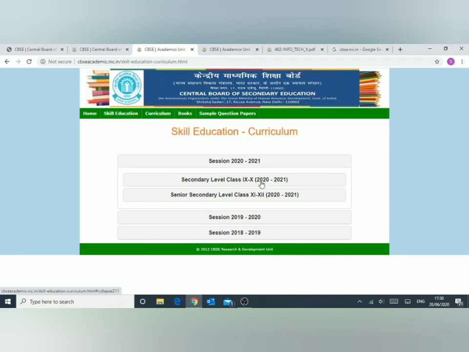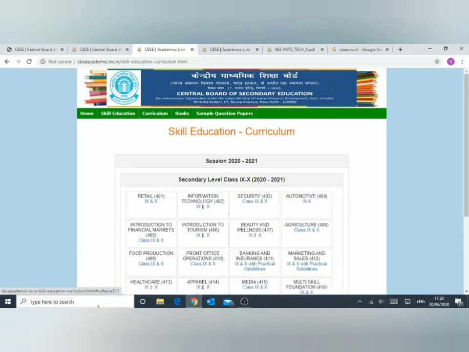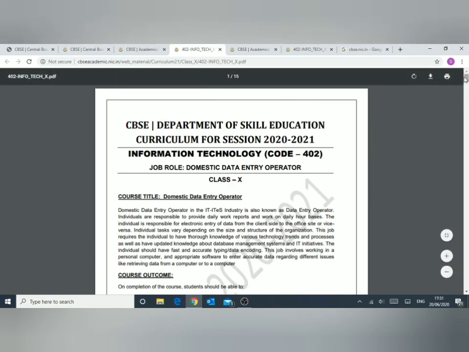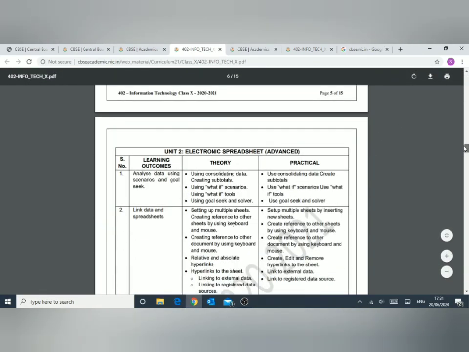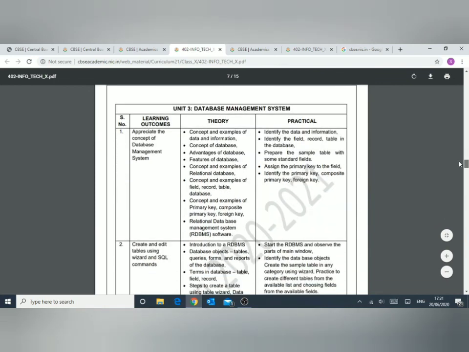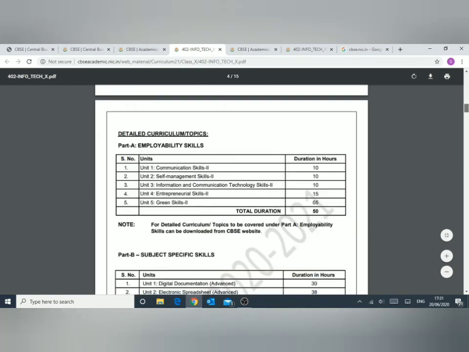Once you click on this curriculum, you will get another window which opens like this, and under this, can you see this Information Technology 402 9th and 10th. When you click on the 9th standard, you will get a PDF which contains all the 9th standard syllabus. When you click on 10th standard, you will get the 10th standard syllabus. So when you click on standard 10th, you will get a PDF which can be easily downloaded, and you can see all the topics which are being covered in detail. You will see the syllabus and curriculum which has to be followed by you this year for IT subject 402.